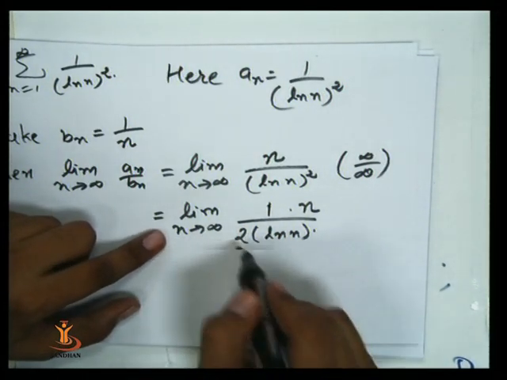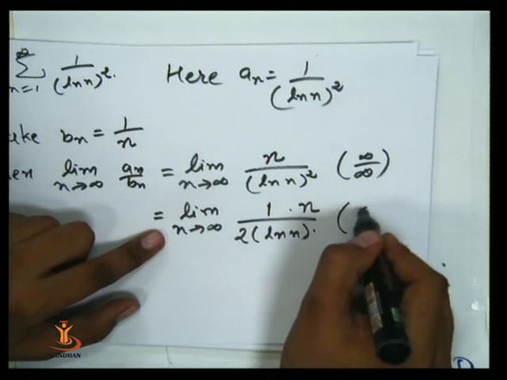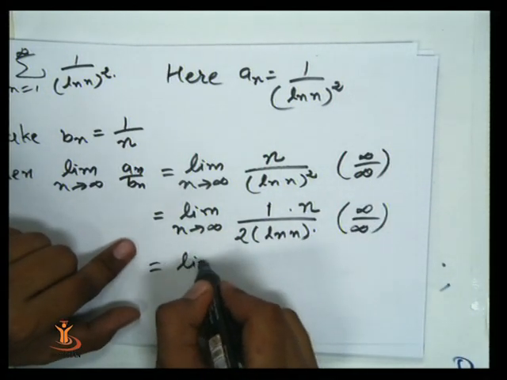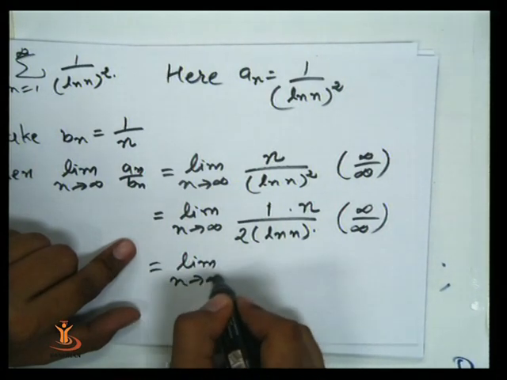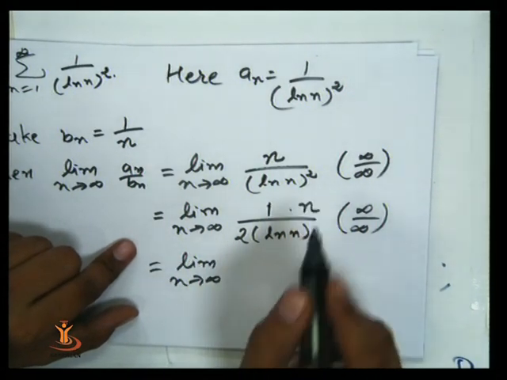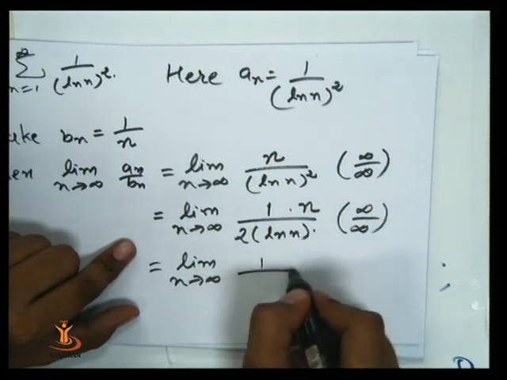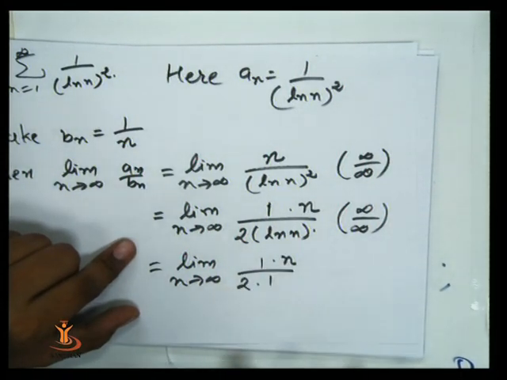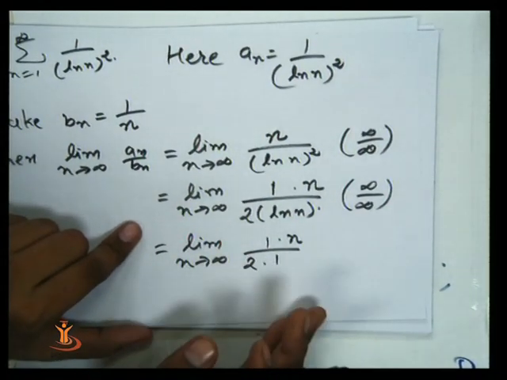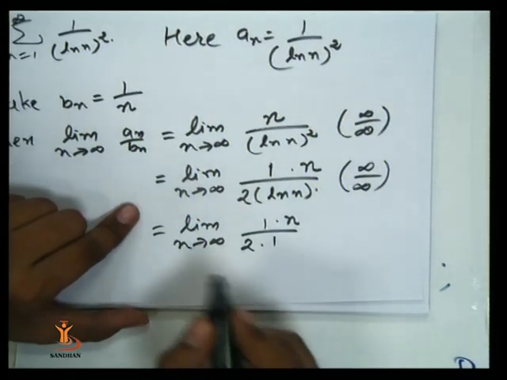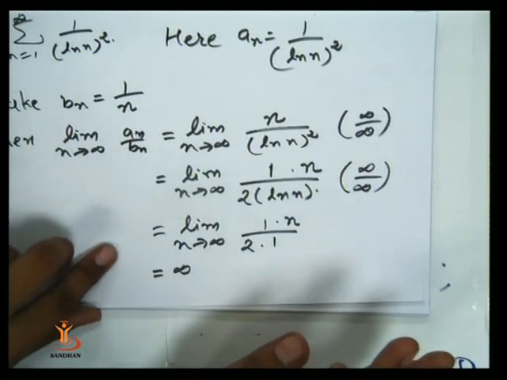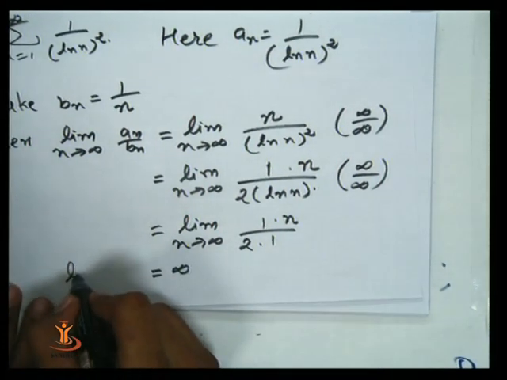When we take n tends to infinity, again this is of the form infinity upon infinity, and so taking the derivative, the derivative of n is 1, upon 2 into 1 by n. 1 by n is in the denominator of the denominator, so it will be in the numerator, and this is equal to nothing but infinity. So here what we have, the limit as n tends to infinity